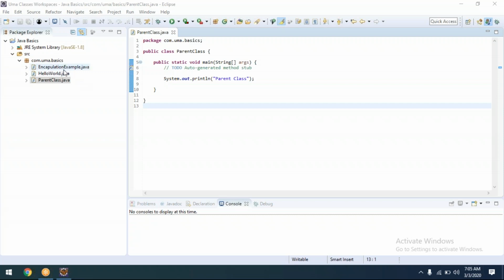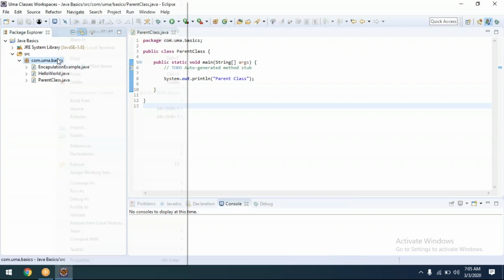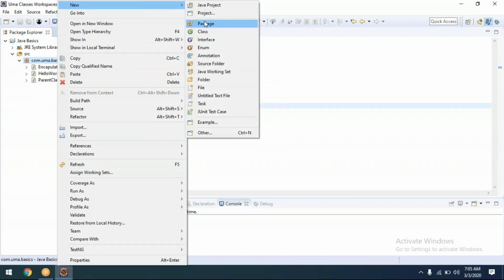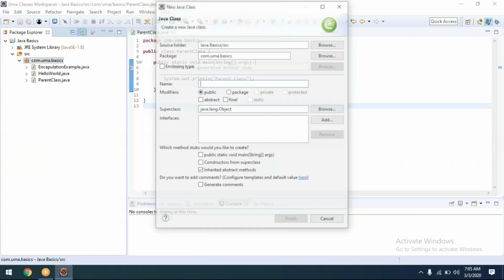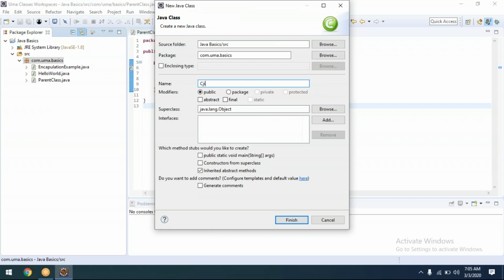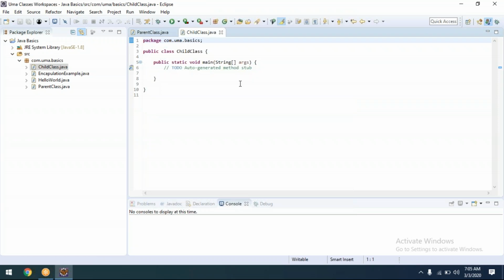Now this is one independent class. The same way, I'm going to create one more independent class, as the child class. Now I'm going to use System.out.println inside this.